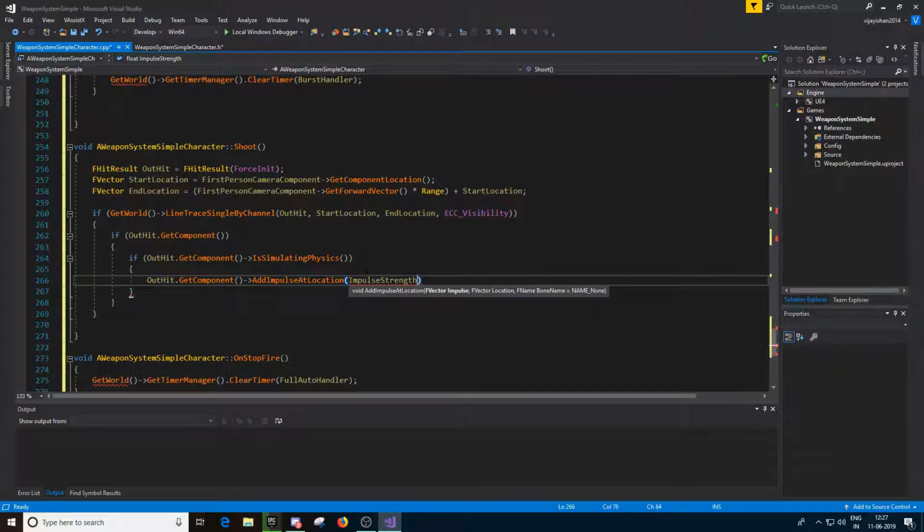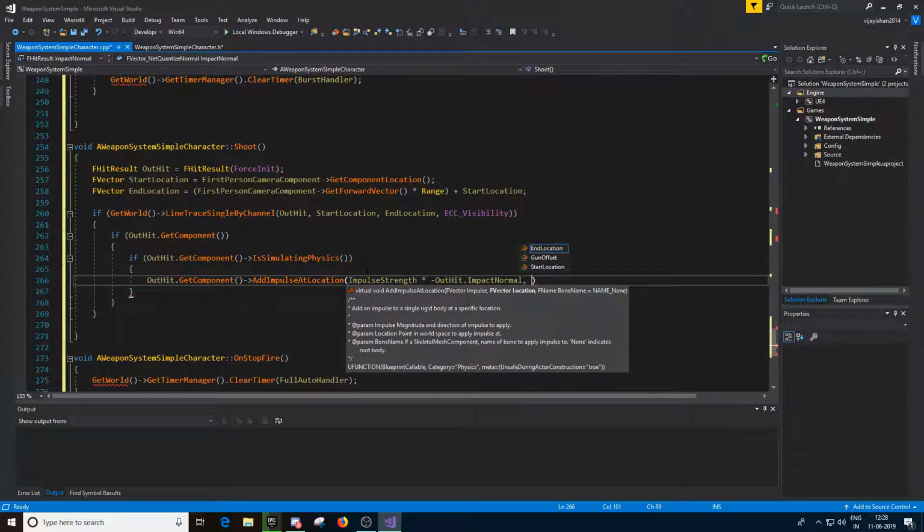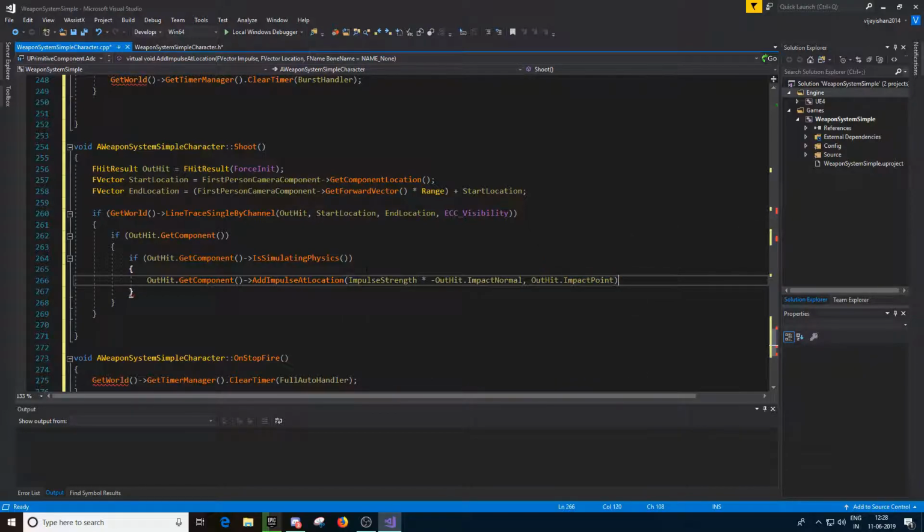So what we'll do is just multiply impulse strength by minus OutHit.ImpactNormal. And now for the location, we'll just get OutHit.ImpactPoint, and that should be